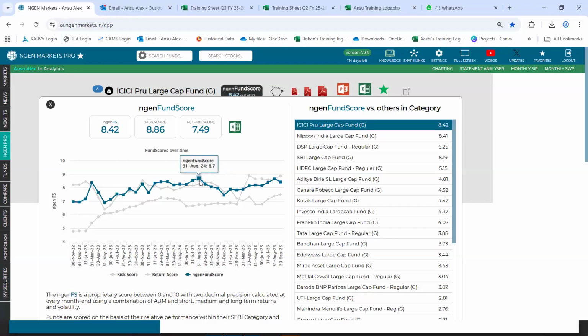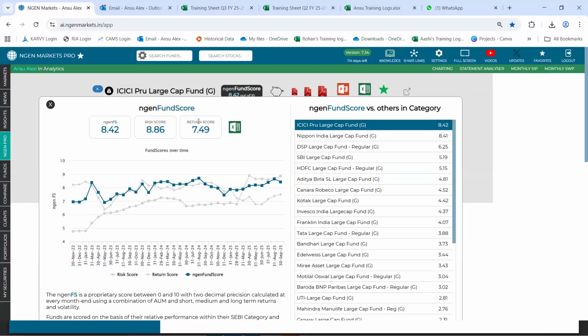In addition to that, there are two more scores that you can see next to this Engine Fund Score. First being the risk score, followed by the return score. The risk score lets us know the volatility protection capability of a respective fund. Higher the score, higher the volatility protection of that fund.